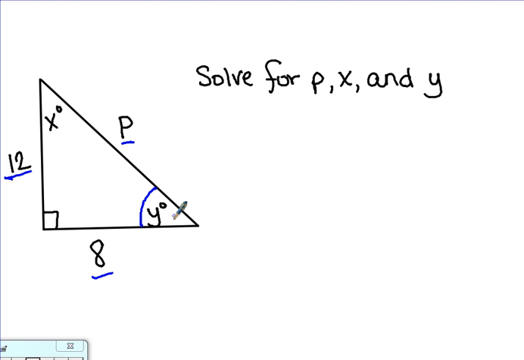If we're solving for y, I want to know what sides I know. I know the adjacent side and I know the opposite side. So what function goes with adjacent and opposite? That's tangent. So I'm finding the tangent of y. Now, I don't know what y is, but I do know that the tangent of y is the opposite over the adjacent. The opposite is 12, and the adjacent is 8. If I'm trying to find the tangent of y, I'm going to go ahead and do 12 divided by 8,